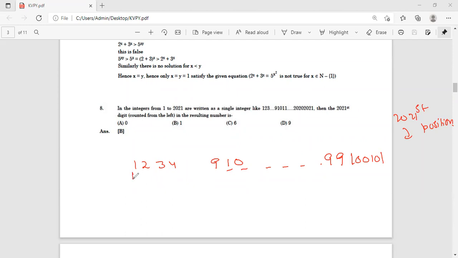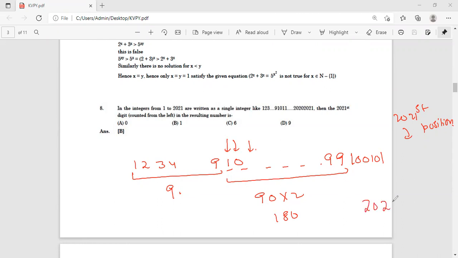So it is quite simple. You have 9 numbers here. Then how many numbers are there here? How many digits are there? So you have 90, 99 minus 9 is 90. So 90 into 2, 180 digits. 180 digits are there, right? 1, 2, 3, like this. So 90 into 2, 180. So total 189 is gone.